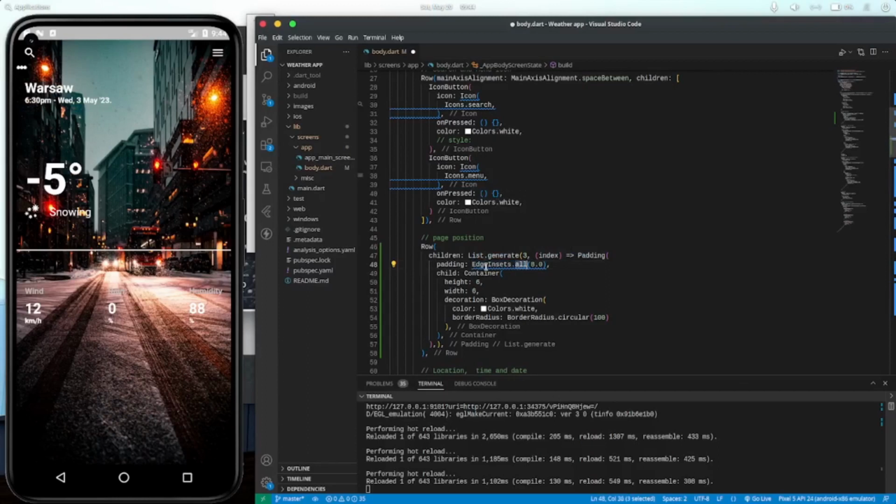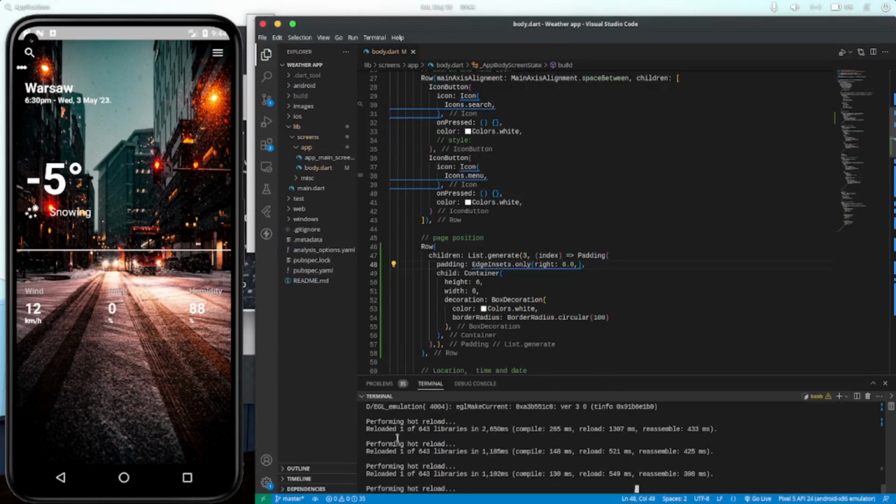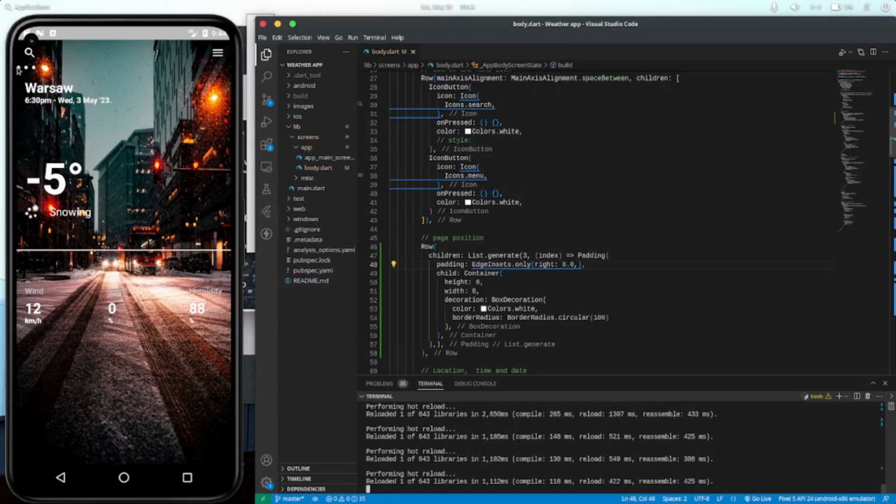We'll use only, since let's just say we want the spacing to occur on our right. So we'll just give it EdgeInsets.only right. We do that, we save it, reload. Okay, good. So we have some spacing in between, though that might be a little bit too much, but